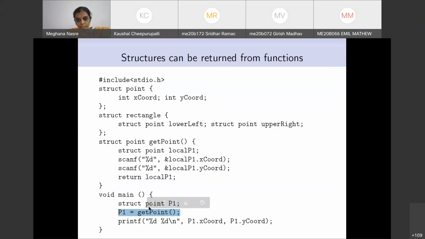You should have had struct point P1 and then say P1 is equal to get point. I hope it answers the question about the scope of this local P1. It has been named local P1 because the scope is local to that function, but still we can return that. Okay, so any other question regarding this?